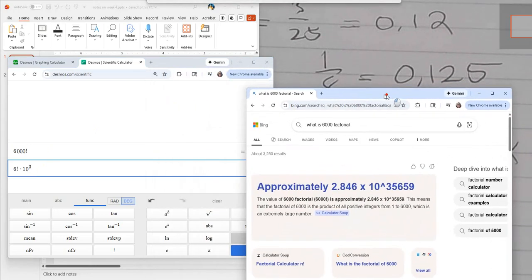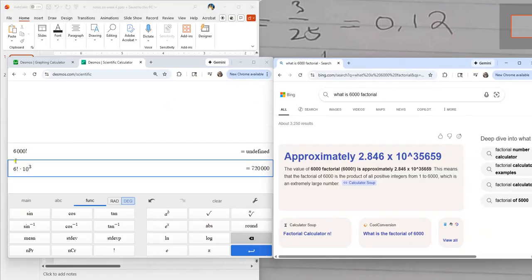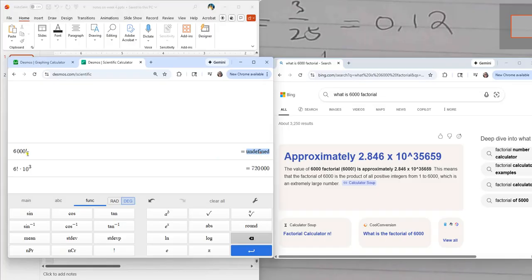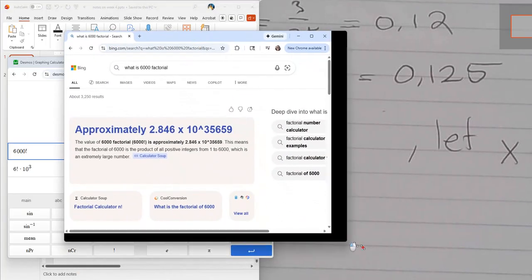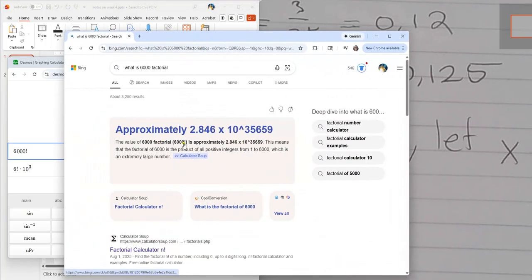So that's what they were getting me, is like the 6 factorial. And then I thought, okay, well, let's just do 6 factorial times 6. But that's not the same thing. This is undefined. 6,000 factorial is undefined because this is what it is right here. Factorial here. That's what 6,000 factorial is, which is huge. Look at that power on the exponent. That's huge.